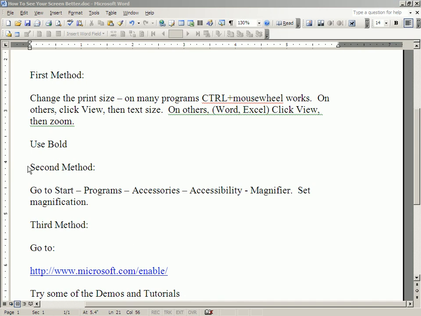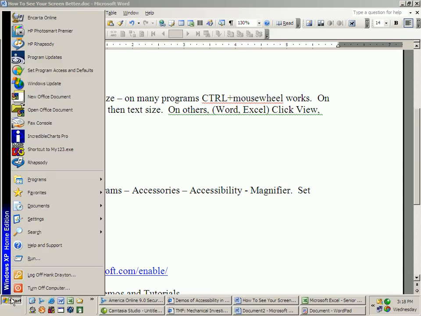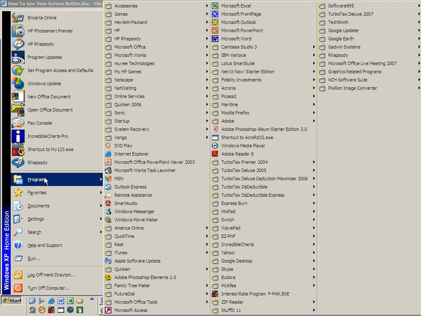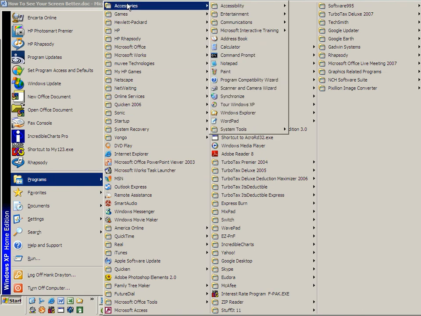Now let's talk about a second method of seeing things better on your screen. If you go to Start, Programs, and Accessories, you will find a whole section on accessibility for people that have impaired vision, impaired hearing, or impaired mobility. We're going to deal just with the impaired vision today. So you go to Start, and then you go to Programs, and then you go up to Accessories, which is at the top,